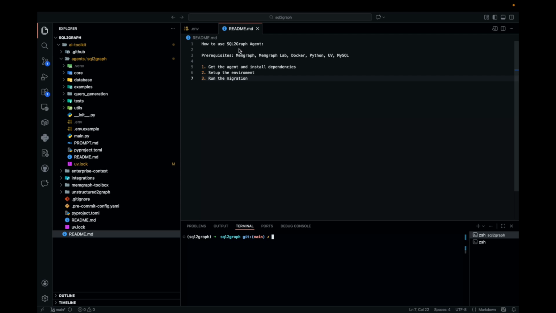So, in order to follow this, ideally you have Memgraph, Memgraph Lab, Docker, Python, UV, and MySQL. I know it's a lot of things, but basically the idea of SQL2Graph is to automatically remodel the relational data to graph data and move it to Memgraph. There are a lot of intertwined components to do it, and that agent is able to automatically do it